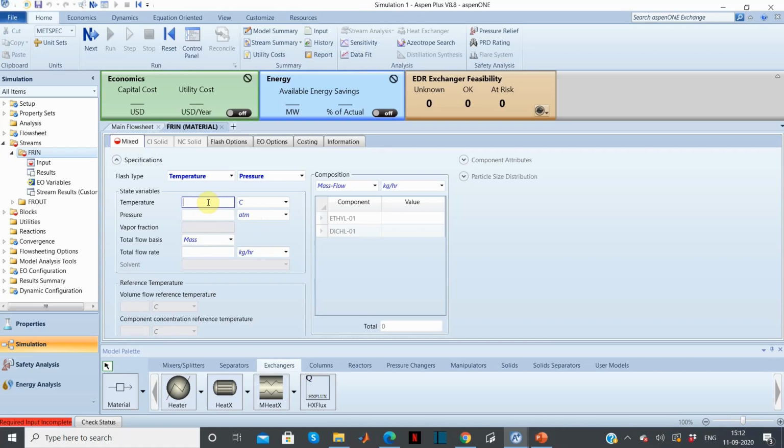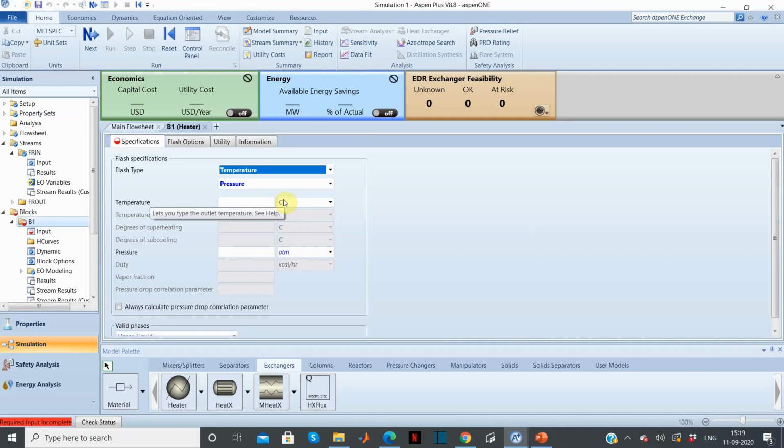So the temperature of the inlet stream is 250 Kelvin. The pressure is 8 atmosphere and the total flow rate of this is 12,000 kgs per hour.